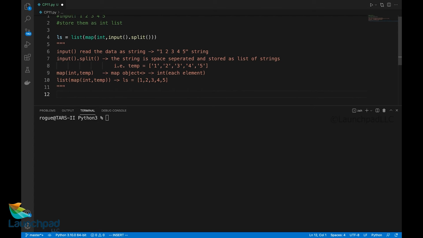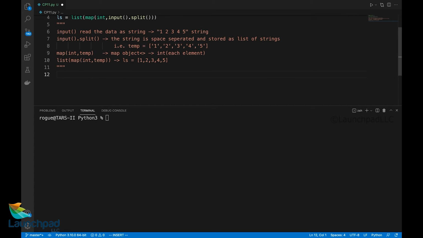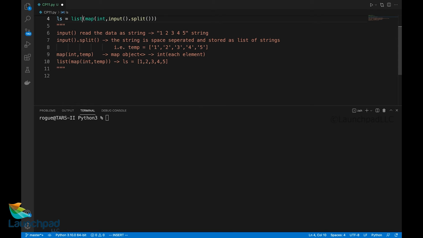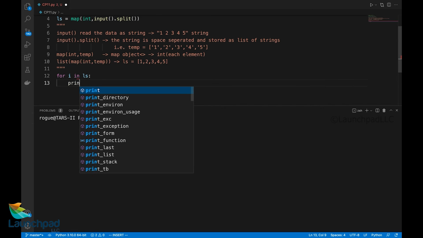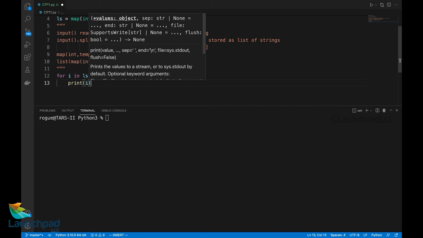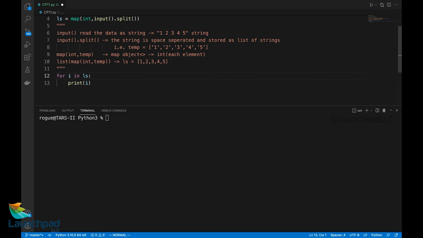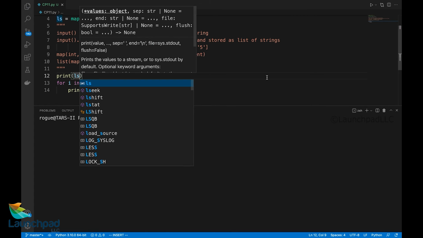Now to understand how the map is executed, let's say I take out this list part here, where map is completely an iterable function. For i in ls, print i. Now what happens when I print ls? Have a look at this.